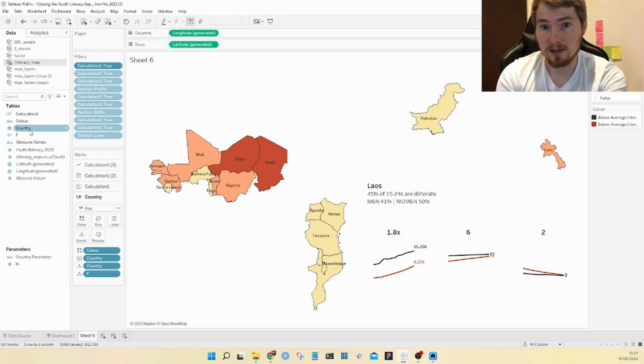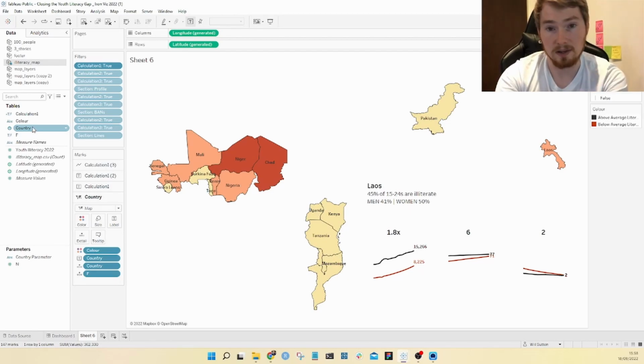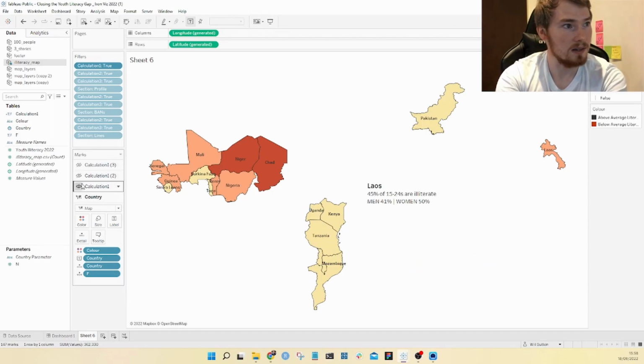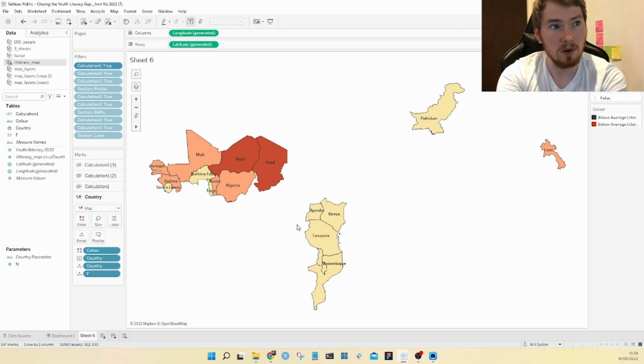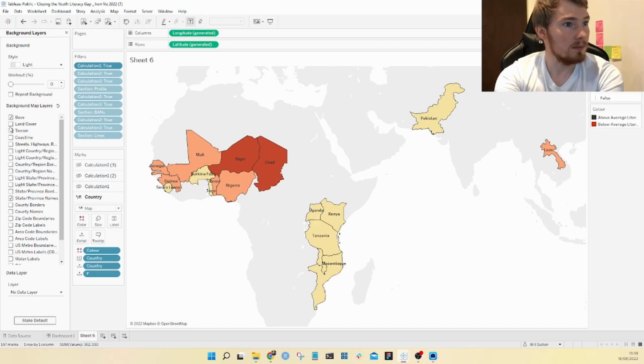So the idea of map layers: if you have different data points associated by a latitude and a longitude, you can just put them on the sheet, layer them on top of each other, and then hide layers. You can keep putting things on top of each other again and again. So you can hide these different layers here, and you can see those three sections go away, and this is what we're used to seeing for maps. It's just a general sort of shaded-in map. Okay. So if I bring this map back, so bring back the base, this is what we would typically see.